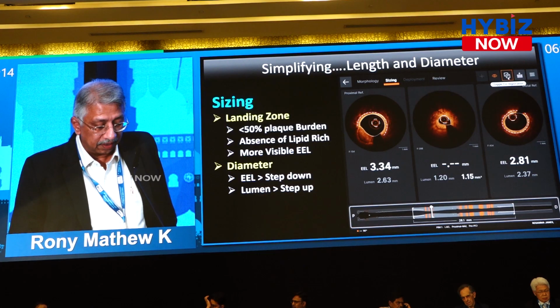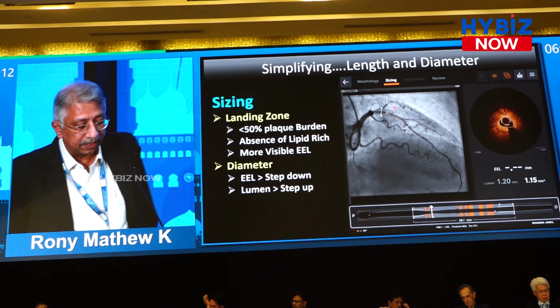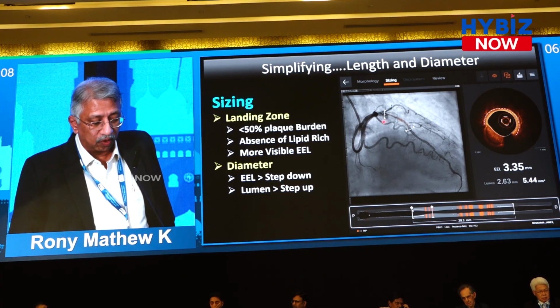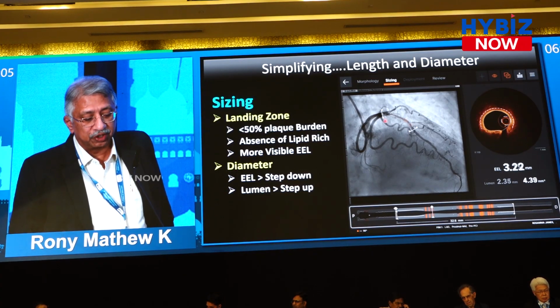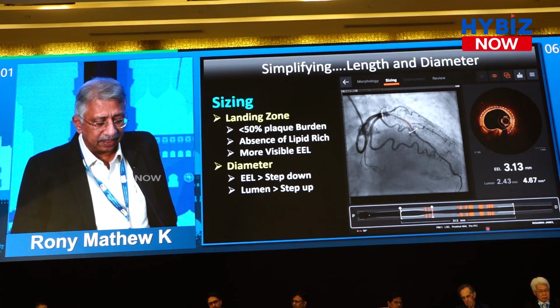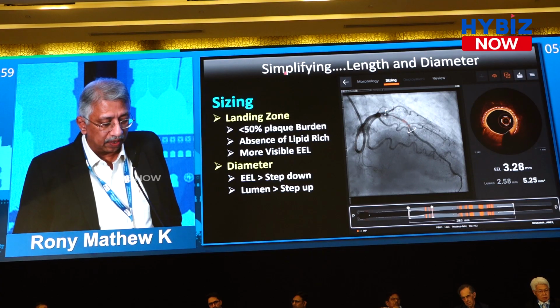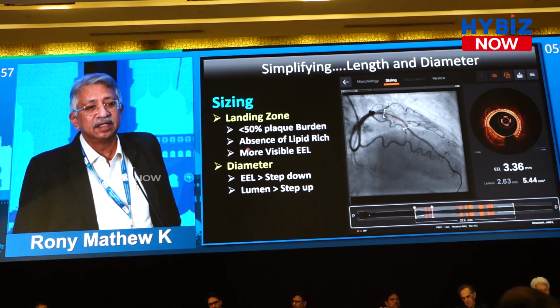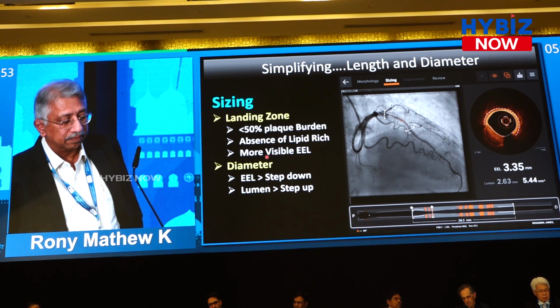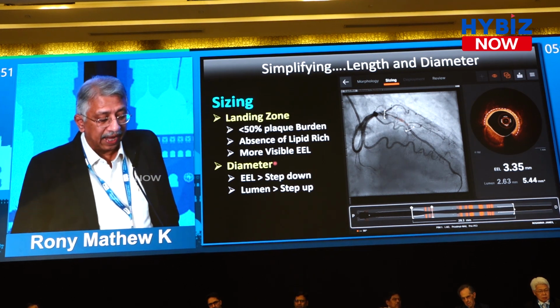You can just scroll the proximal marker to decide whether you really want it there or whether you want it in a different position, and likewise distally. Try and get it into a situation where you respect these figures for the landing zone, where you have less plaque burden, you have a more visible EL, and then of course,